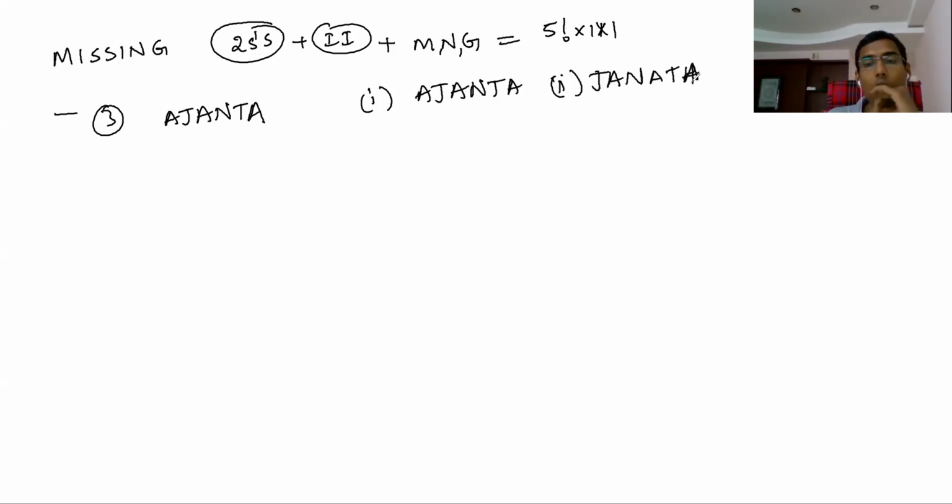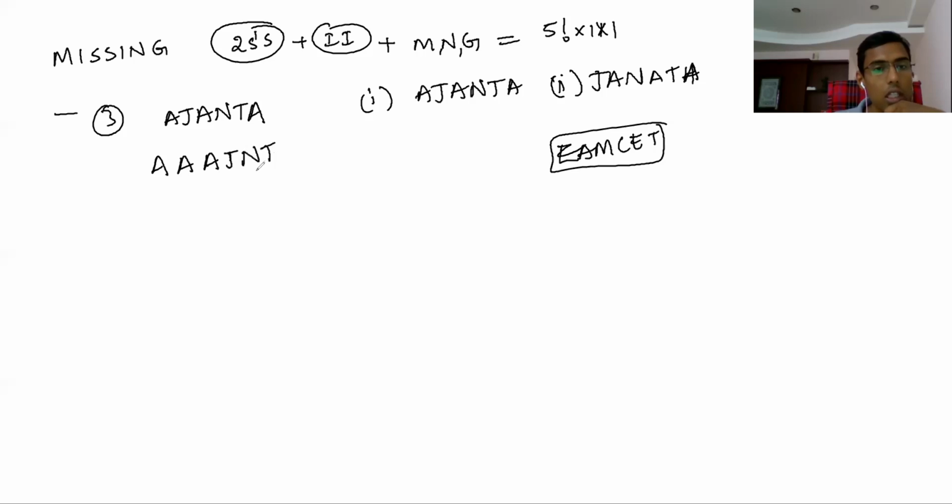Janata. Okay, so here I told you about the MASTER question, how to find the rank when repetition of letters is there. We found the rank for master, remaster. There repetition was not there, but here A is repeated thrice. So how do you find the rank? First the words that start with A come first. So A, then J, N, T. Right? So let's say I have to find the Ajanta rank.